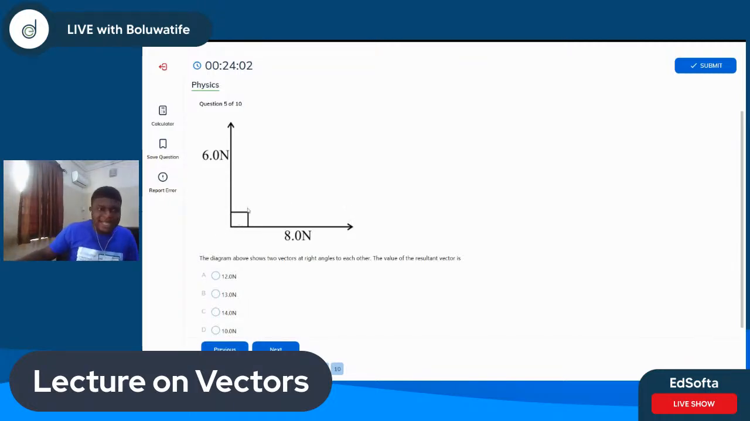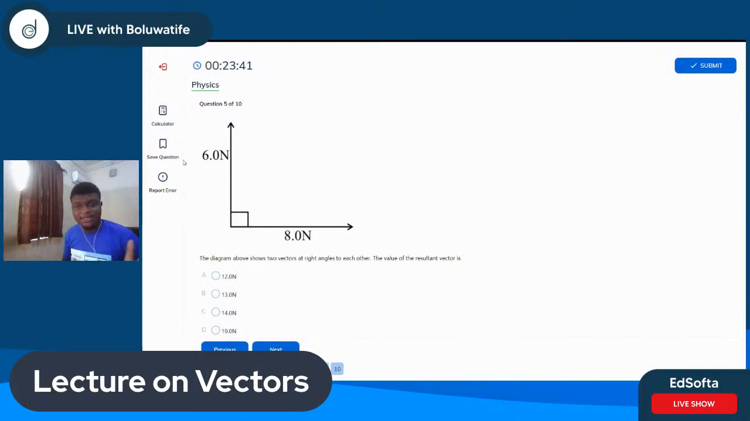And fortunately, they are perpendicular. Because they are perpendicular, I have 6 Newton northwards and 8 Newton eastwards. So using Pythagoras theorem, it becomes 6 squared plus 8 squared. 6 squared, as we know, is 36. 8 squared is